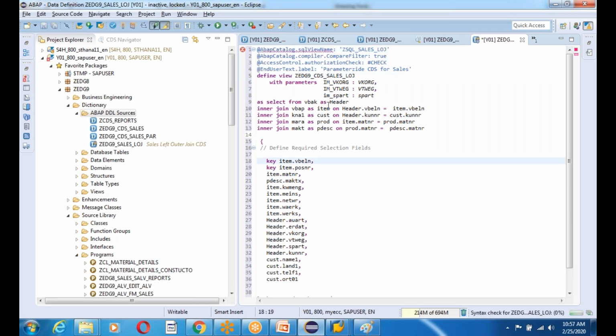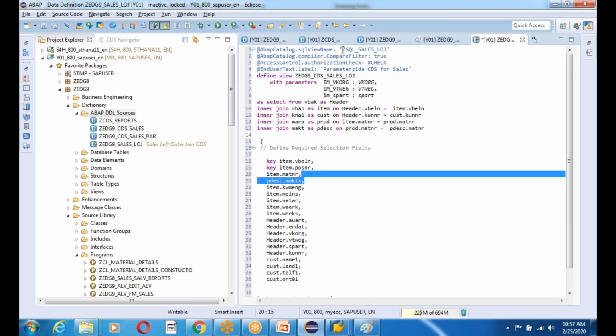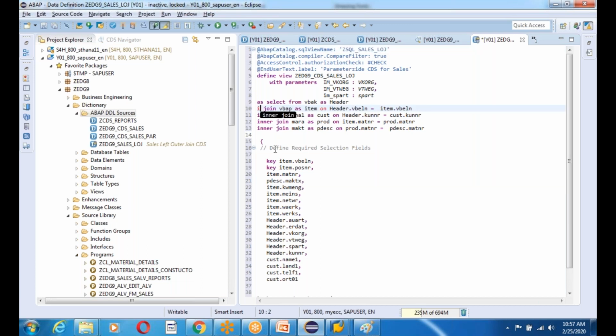So I have changed the name for the CDS, I have changed the name for the SQL view, and instead of inner join, use left outer join. Left outer join. Simple. Instead of inner join,